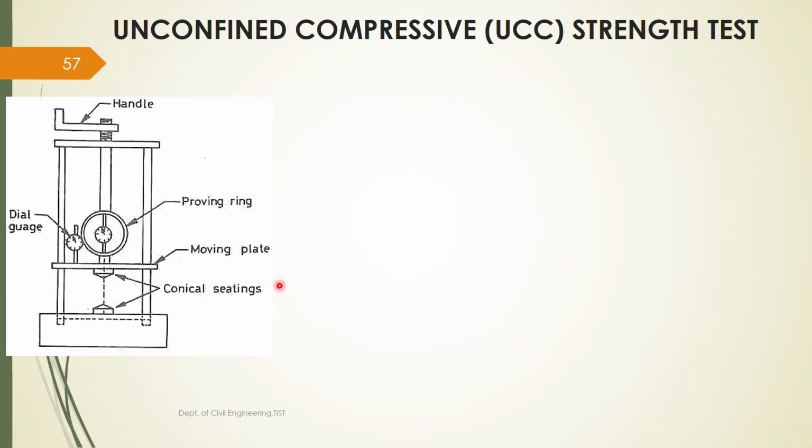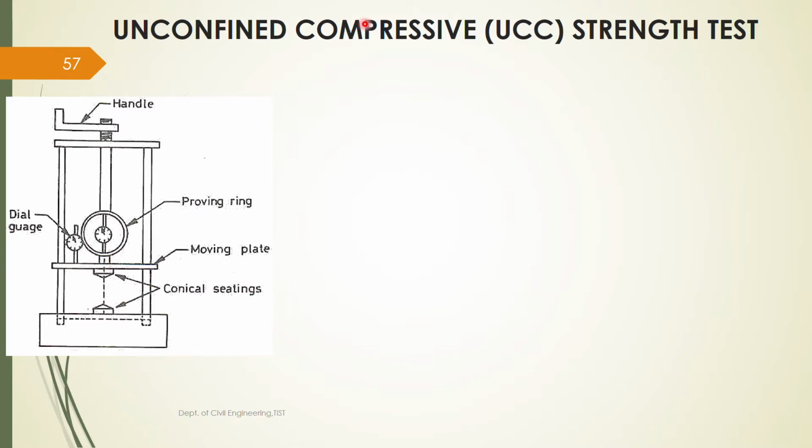We'll be making a cylindrical sample, and that sample is kept over here. Okay, there are two plates. This is a movable one and this is a fixed one. And in between these two plates, we'll be keeping the sample as such. No outer covering is given. It is unconfined. Okay, and here you have a proving ring for measuring the forces, and you have a dial gauge for measuring the displacement. Okay, this plate is movable. We'll be rotating this handle and we'll be providing axial stress. Okay, this is the setup.